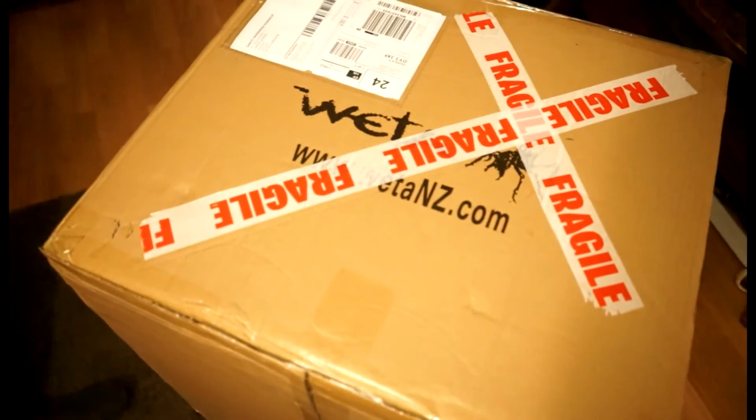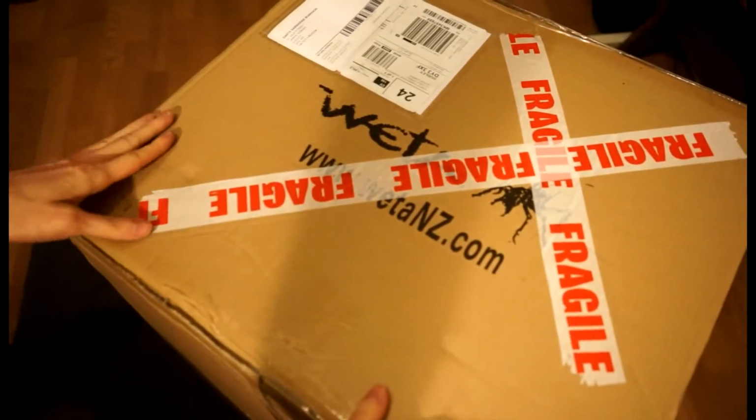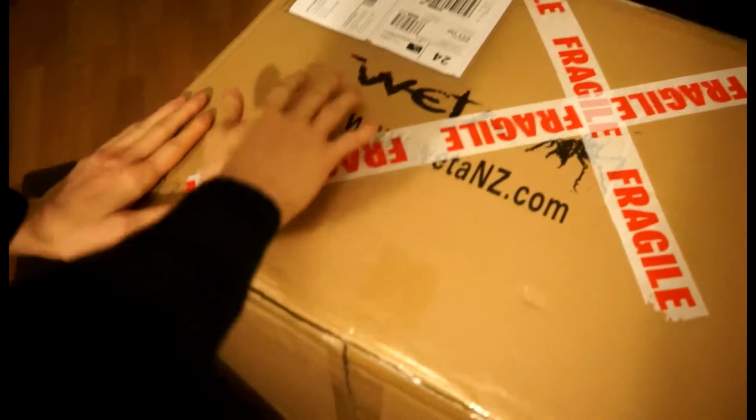Okay, so here we have the unboxing of a Weta sculpt. Here on the side you can see it's The Hobbit: The Desolation of Smaug, Smaug the Terrible. That's pretty cool, and it's got the whole Weta symbol there. That's very nice. And if you look here, you can see the carton number